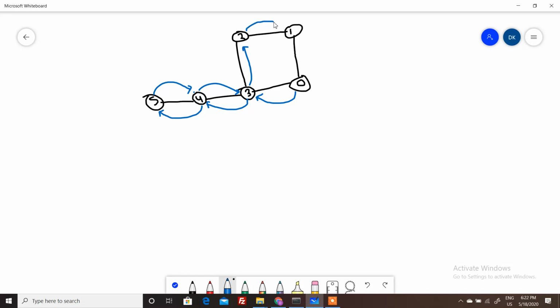So we will go to 1. At 1 all the neighbors have been visited, because we started from 0 and it is already visited. So from 1 we return to 2, from 2 to 3, and from 3 we return to 0. And now all the nodes from 0 have been traversed.